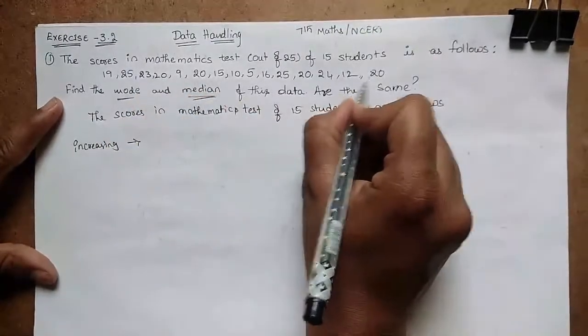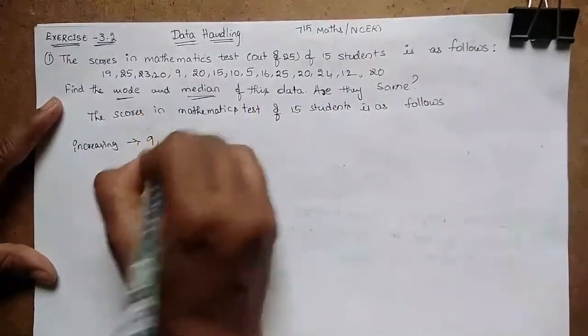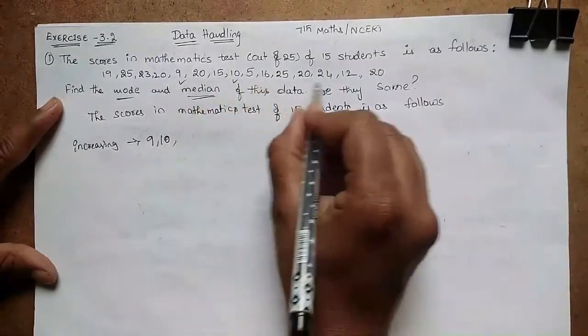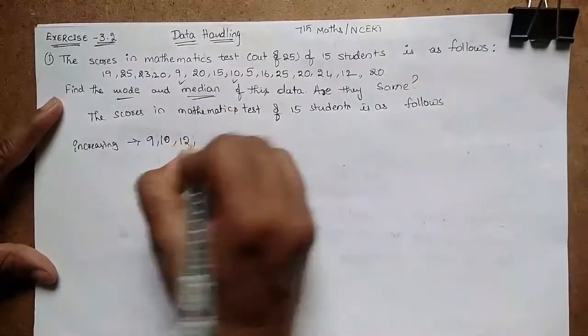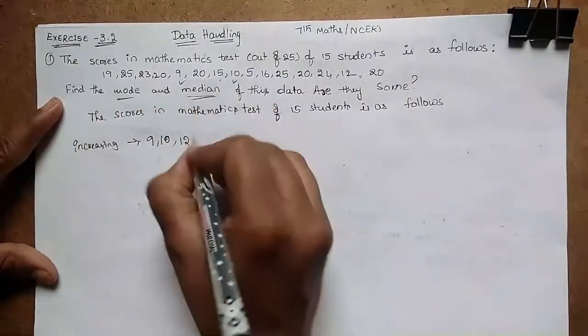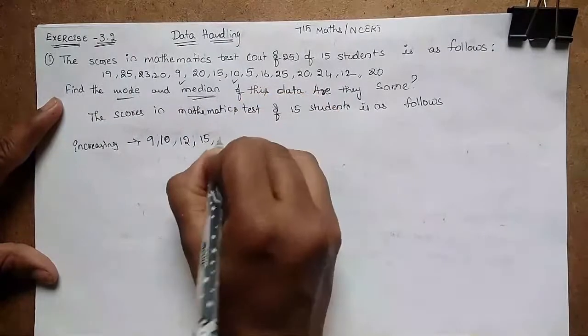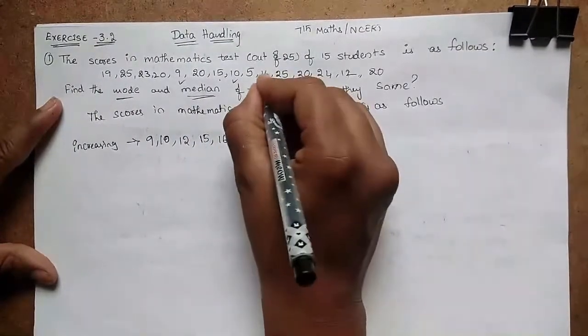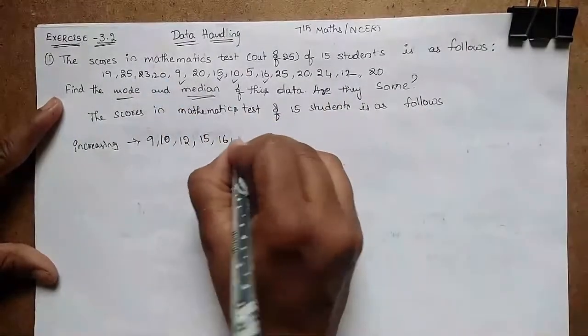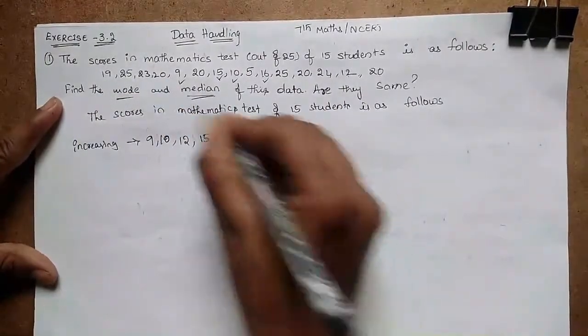Start with the smallest one, 9, next 10, 12, and next 15, 16, 19 and 20,